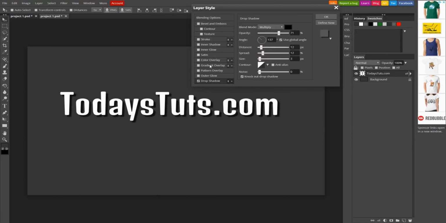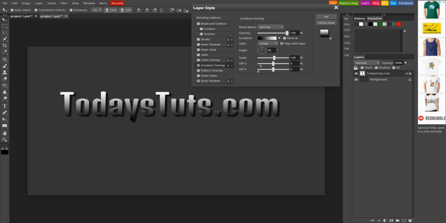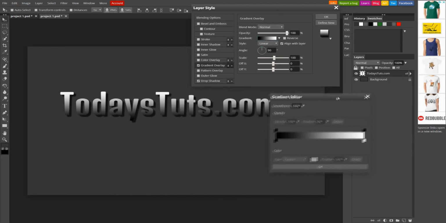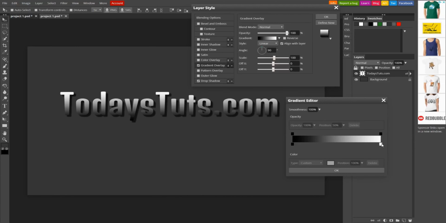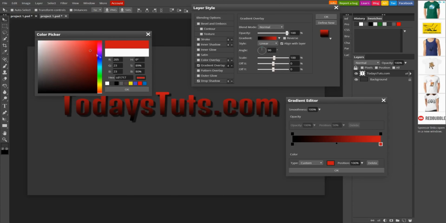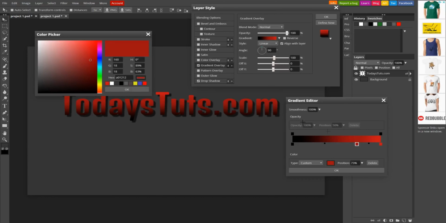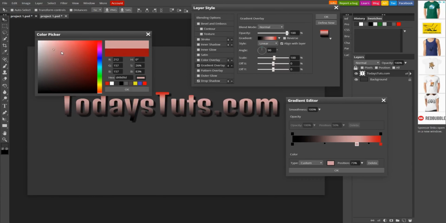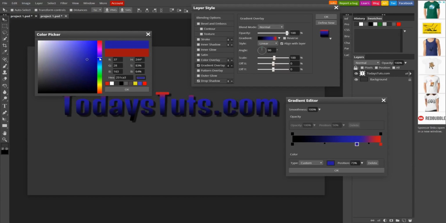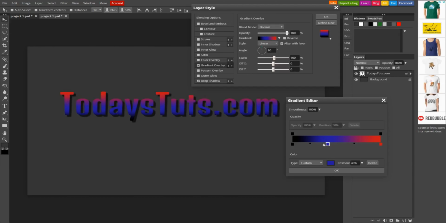We can overlay a gradient, and if you want to set the colors of the gradient, just click this bar here. You can drag these handles around to tighten up the spread. You can double-click on the handle and set its color. And you can double-click in a blank area to add a new handle and set the color at that point of the gradient as well. If you want to delete a handle, just select that handle and click Delete. I'll set it back to white